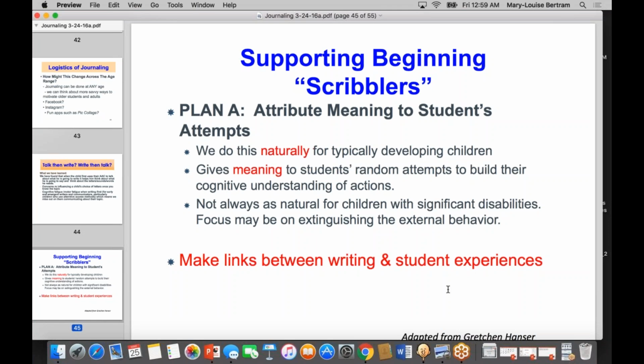It's not always as natural for our students. Sometimes people try to extinguish, oh, look, you're supposed to write about fairy bread and there's no F there. No, that's not what we want to be doing. We don't want to extinguish a behavior. We want to build on what they did. So we're just making links between their writing and their experiences. So if you go to the next slide,